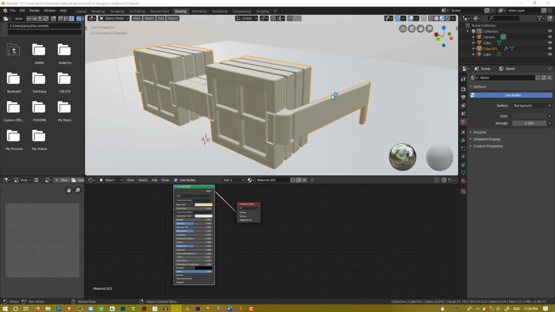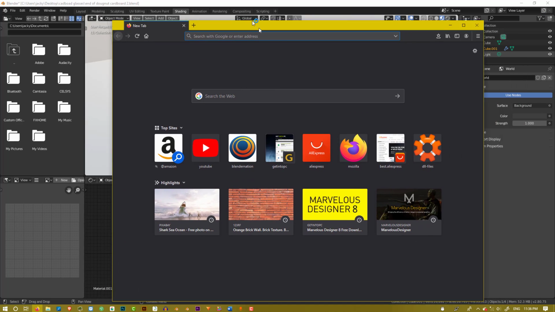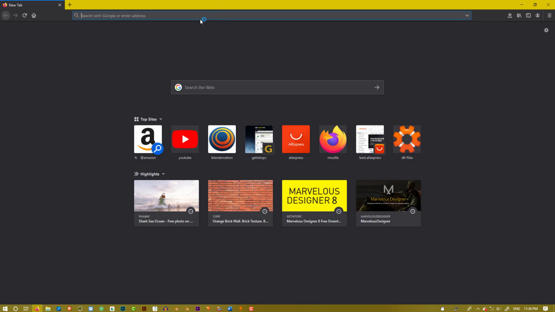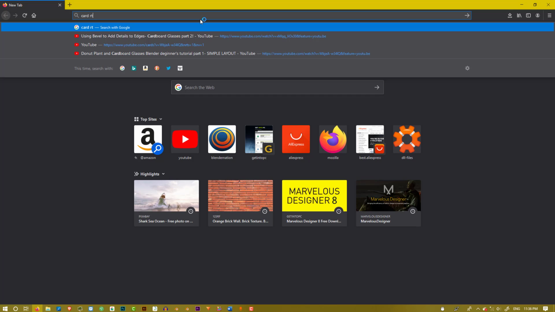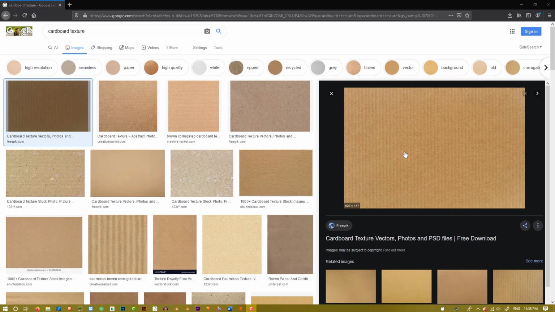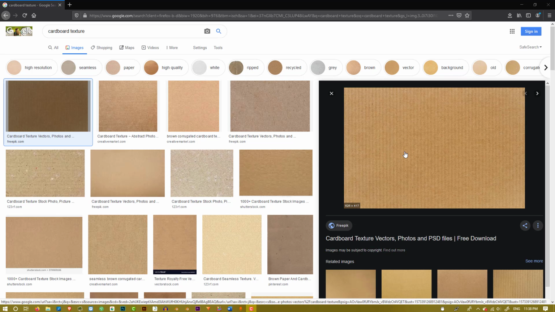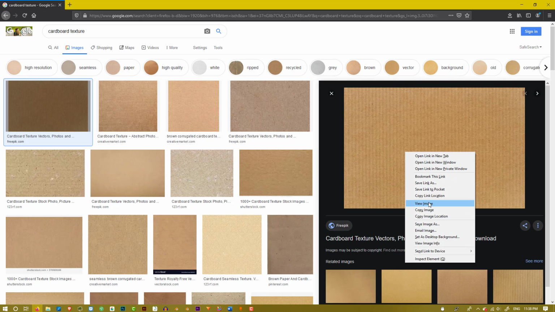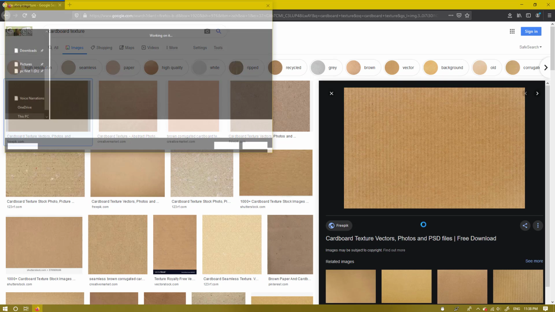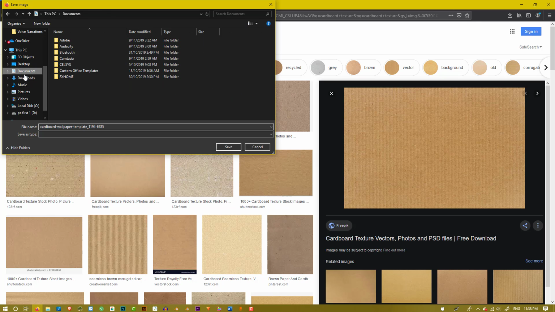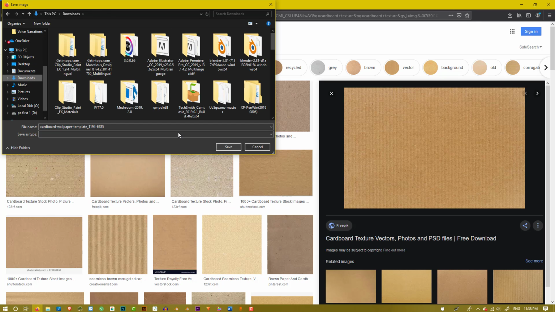So let's open Firefox. I'm going to be using Firefox. Drag it over here, and let's search for cardboard texture. That's what we want to find. This was the first one that came out, so it has to be good, because Google is always trustworthy. Let's go and save image as. Nice and simple. I like to put it in my downloads folder. Let's do that. Cardboard